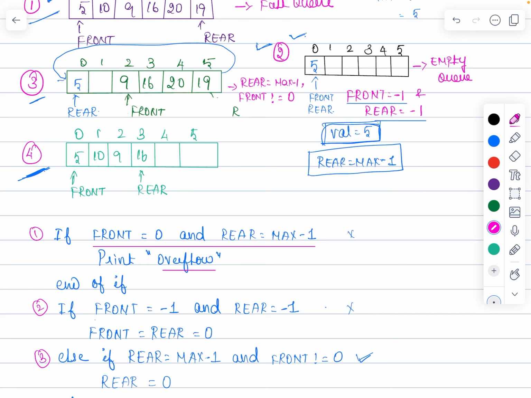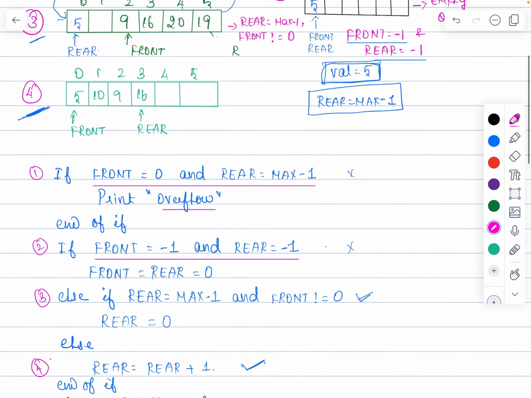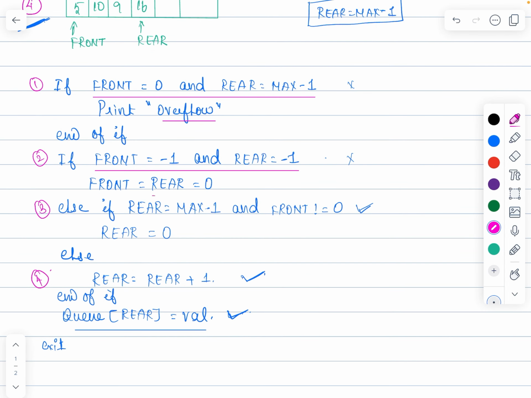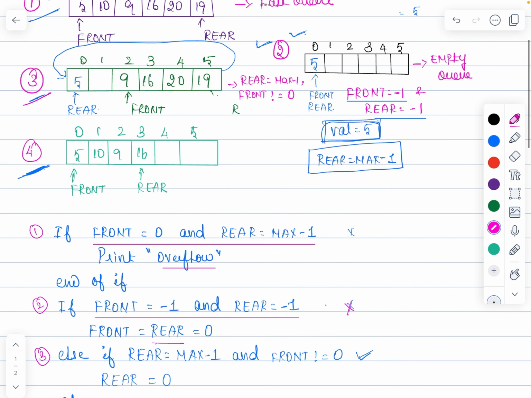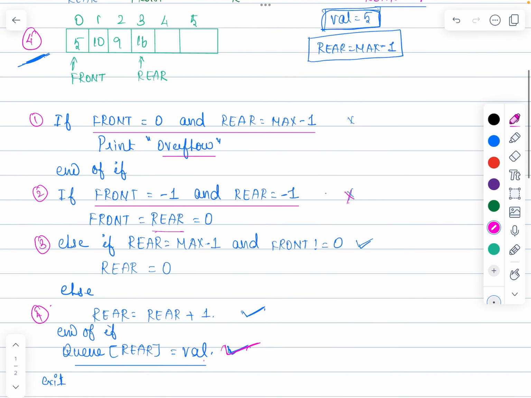first element. When the queue is completely empty, your front and rear would be pointing minus 1. So you can set the front pointer and rear pointer equals to 0, and then in the place of rear you can insert a new value. It would come out of this if statement completely, and in the place of Q rear it would be inserting the new value. Suppose if this condition fails, it would check for the next condition. Check Q number 3. Rear is pointing max minus 1, rear was pointing max minus 1 here. If rear was pointing max minus 1, and if your front is not equals to 0, which means at the